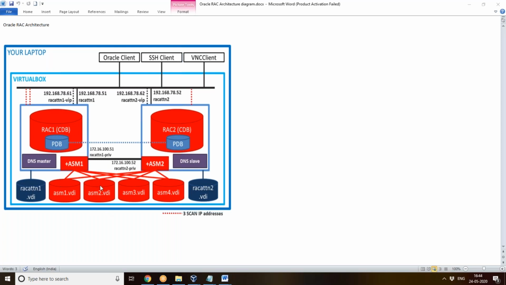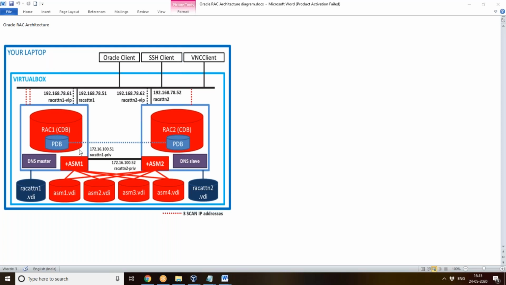If a node doesn't come and update within 30 seconds, then the voting disk will give a disk timeout. The voting disk is not being accessed properly, so this node will be evicted from the cluster. For example, say 5 nodes are here. One node has not told the voting disk that I am alive. Every node should come and tell the voting disk, I am present here, I am alive. Like that, every node will poll the voting disk every 30 seconds.